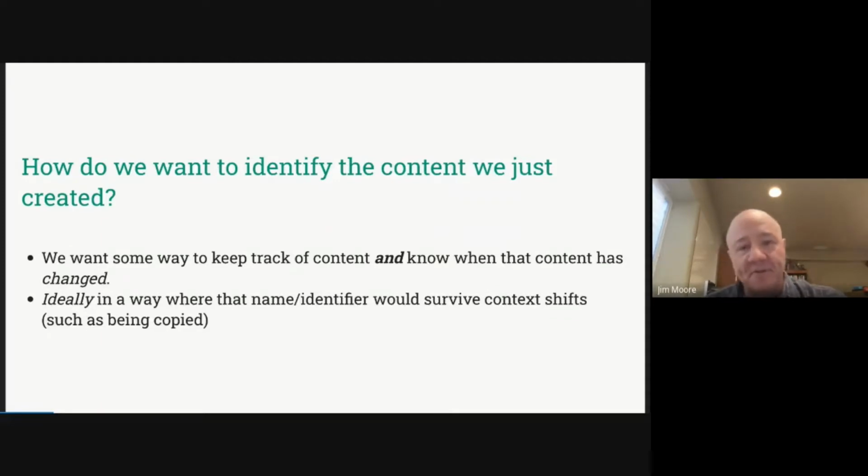Classic examples of where that turns out to be a problem, if you're not following these techniques that we'll be talking about in a moment, is like you have a Word file that you mail around to people. Hey, comment on this. What's typical in Word files is you'll have a revision control block in the front of it where people keep track of versions and the changes that were made, etc.